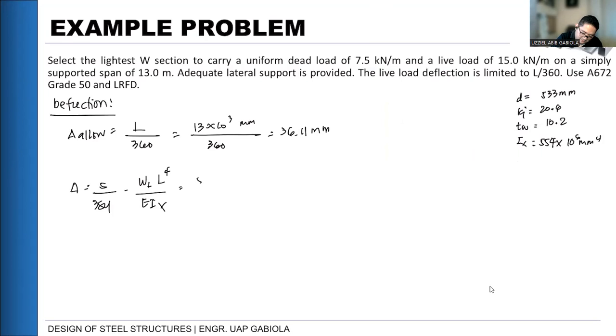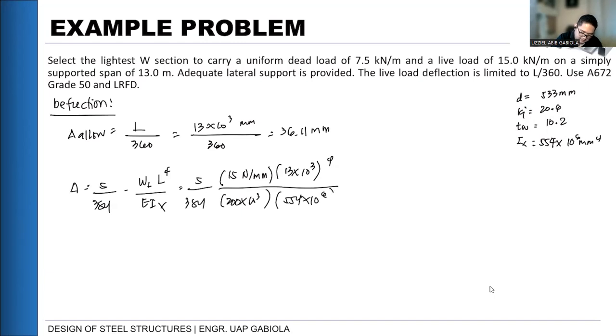Okay, so this is 5 over 384. Then yung WL natin is 15 Newton per mm times 13 times 10 to the 3 to the fourth all over E na 200 times 10 to the 3 times IX natin na 554 times 10 to the 6. Okay? So delta is 15, 13 times 10 to the 3 raised to 4, 200 times 10 to the 3, 554 times 10 to the 6. Okay? So makukuha natin